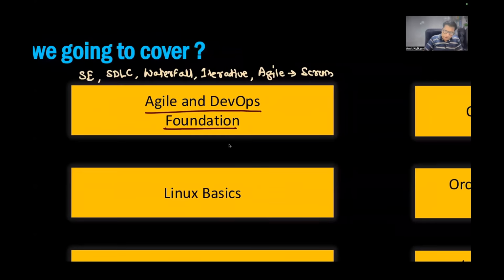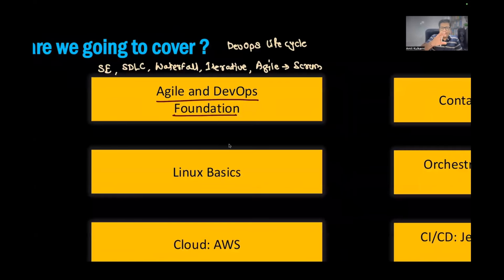Under DevOps, we'll talk about DevOps itself, and a very important part, the DevOps lifecycle. There are 8 different stages in it, starting from plan, code, build, test, release, deploy, operate, and monitor. That's the infinity symbol you might have seen elsewhere. This is what we'll be talking about inside the DevOps lifecycle. Maybe later today, we'll finish it off.